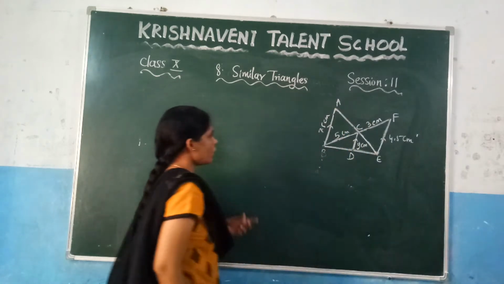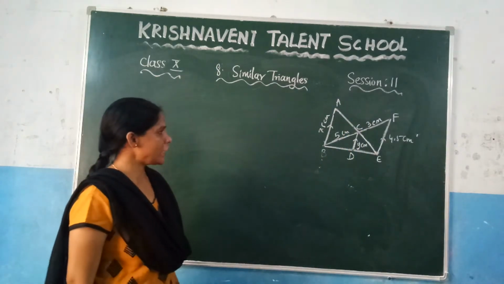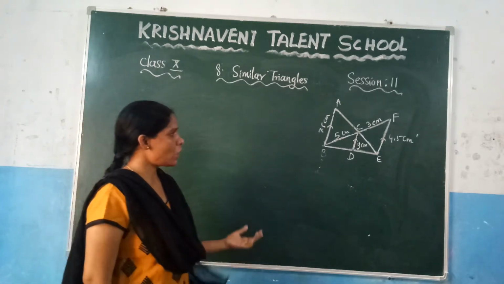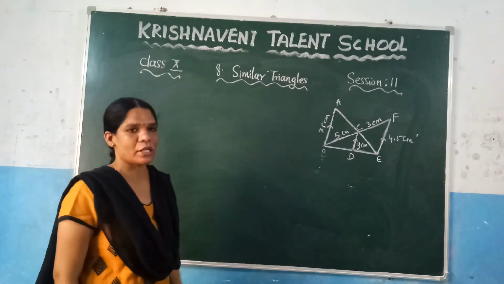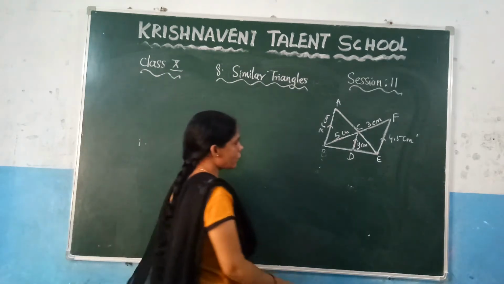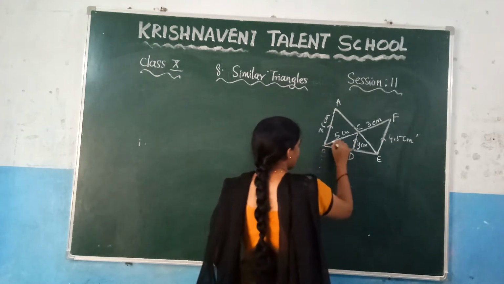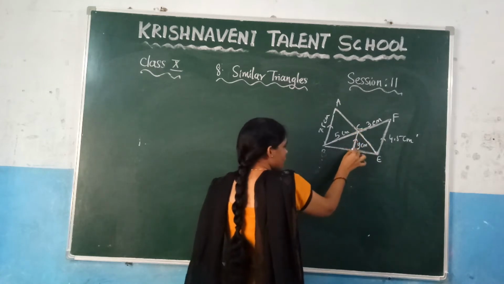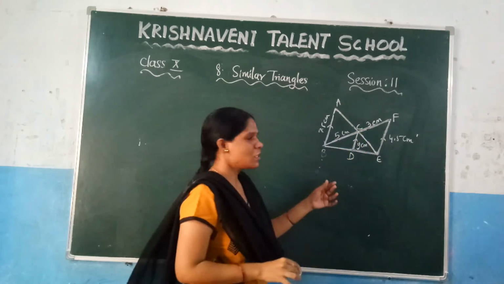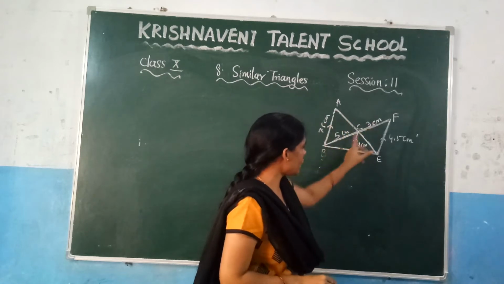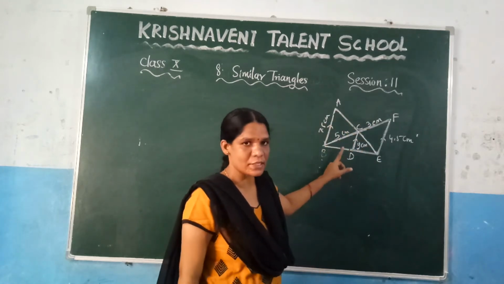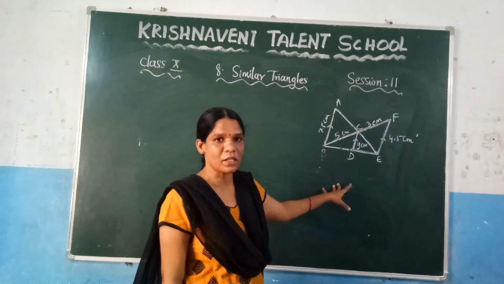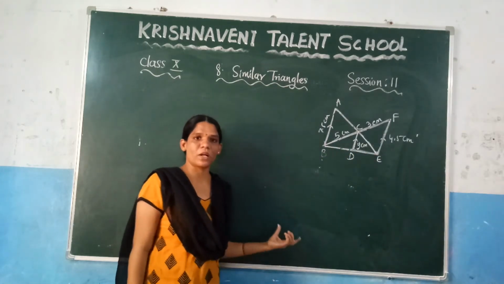So here, now we got the value of x. Now you need to find the value of the y. So if you want to find the value of the y, what criterion or what similarity you can apply here, you can just check it. So here you can observe that you can choose this triangle, bigger triangle, and you can choose this smaller triangle. Why? Because you know that if you can prove the smaller triangle BDC is similar to the bigger triangle BFC, then we can say that these two triangles are similar. So that again you can take the corresponding sides so that you can